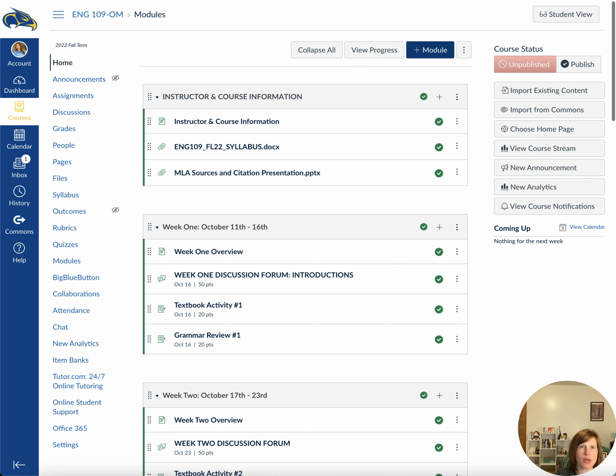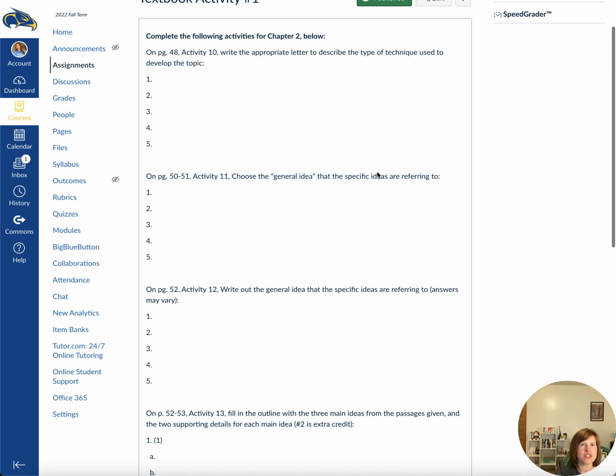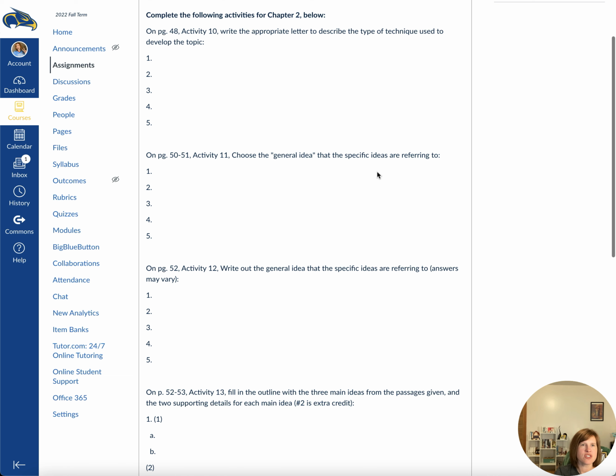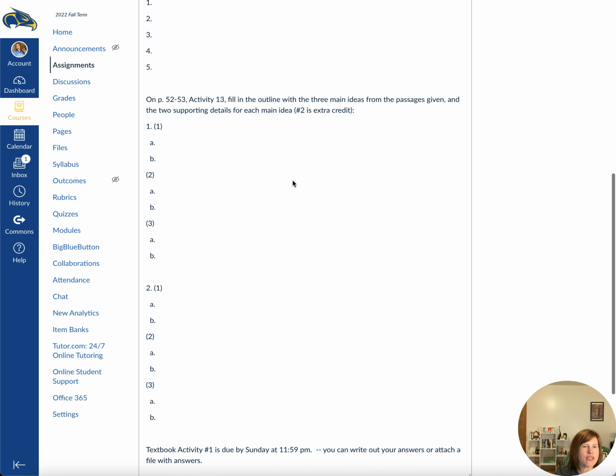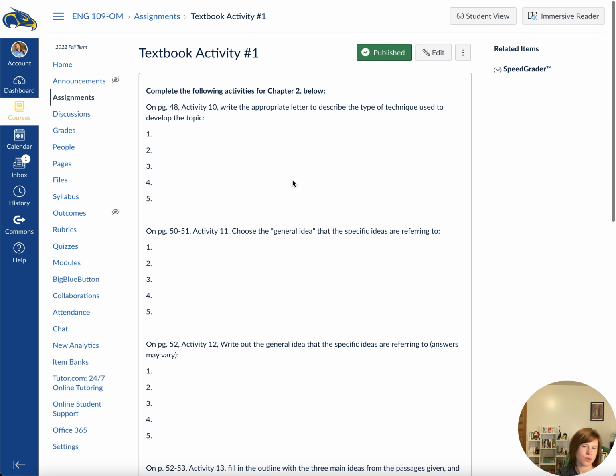If I click on the textbook activity, this first activity here is from chapter 2. There are different activities. I've got the page number on here and what you should do for each activity. For this first one, you're writing the appropriate letter to describe the type of technique used to develop the topic. You'll see in our textbook what that looks like. You can either copy and paste this to a Word document or answer it directly.